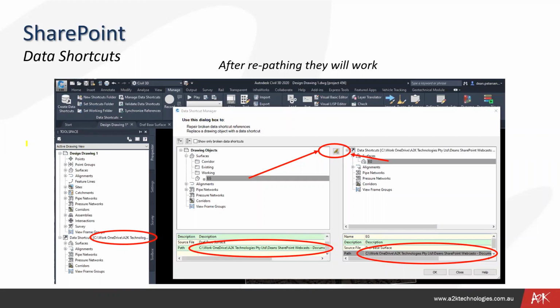Data shortcuts. After repathing, they will work. So we need to repath. First of all, open a drawing. That'll be opening it from your shared files in the sync folders. Then you'll have to come into that particular drawing and repath the data shortcuts if you have data shortcuts. You can see in here, I've repathed them to the working folder. You right click on there, go set the working folder, and I've set it to the working folder that's on my replicated